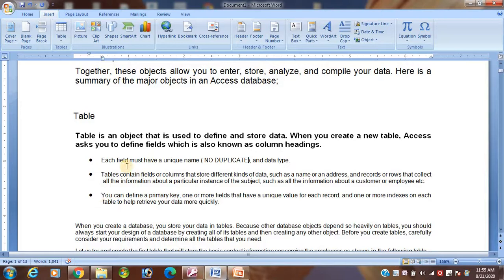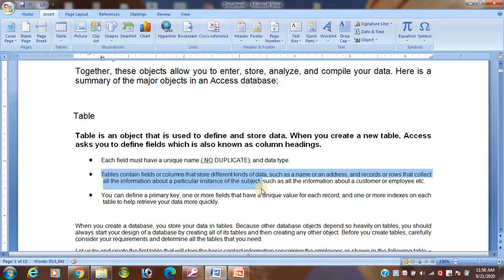Another point I have written: a table contains fields or columns that store different kinds of data, such as name and address. Records are rows that collect all the information about a particular instance of the object. So to make a table you make a field first.